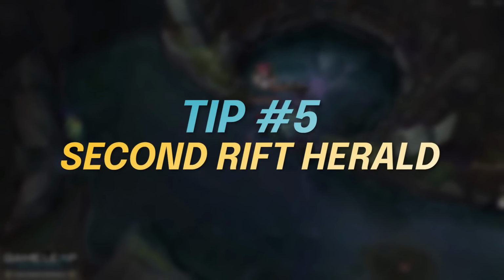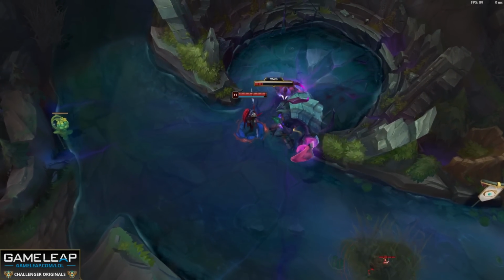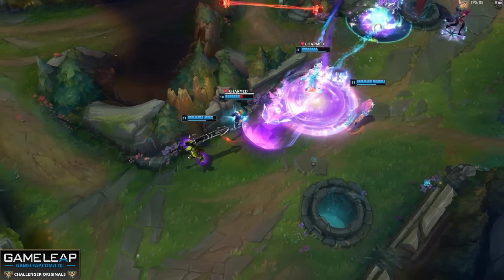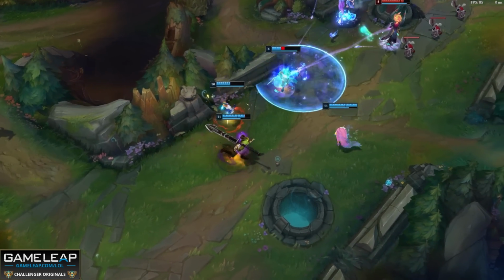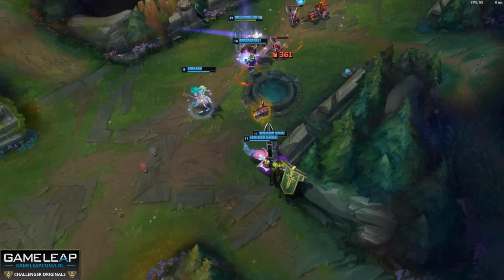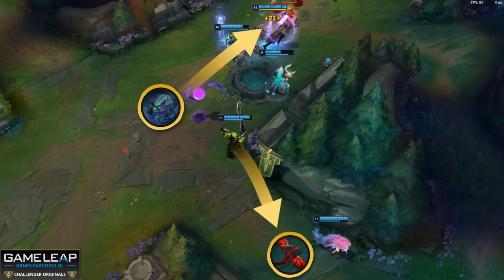We already talked a bit about the first Herald and Herald in general, but let's talk about one specific way to use the second Rift Herald. And we did briefly touch on this, but it is to leverage a Drake. Now, this can be used as one of the largest gold swings in the entire game. The idea is you're pressuring multiple objectives at the same time, and they're very impactful objectives early on in the